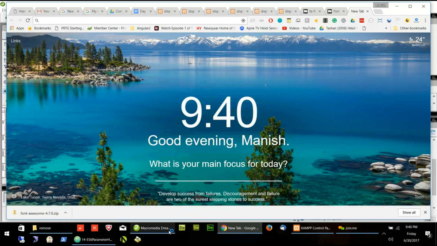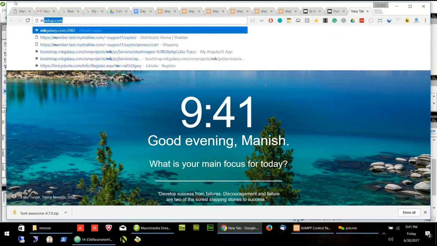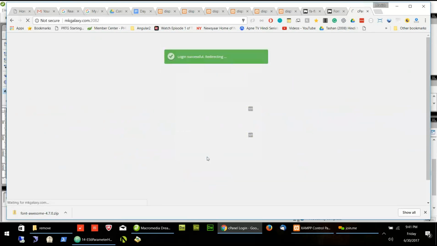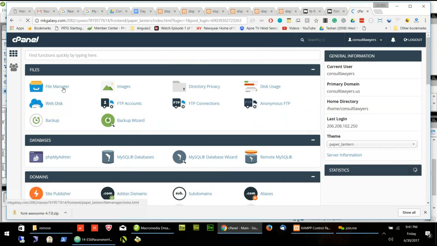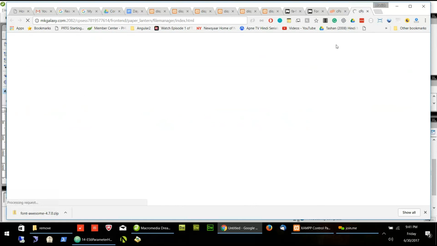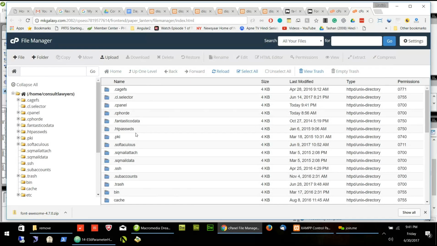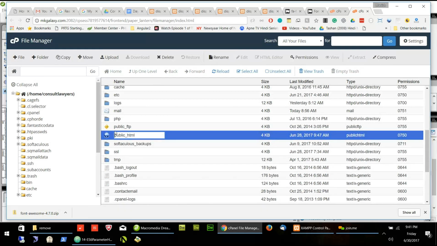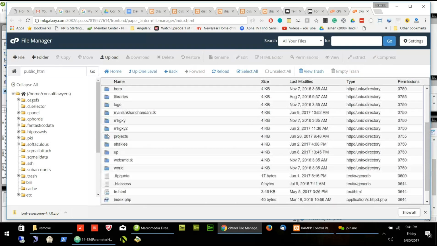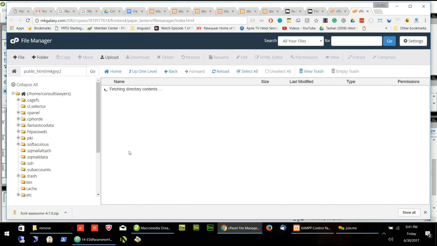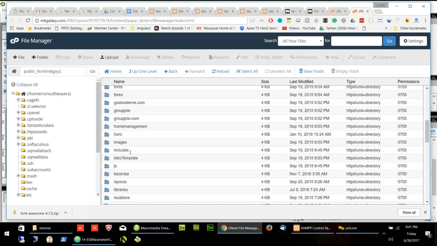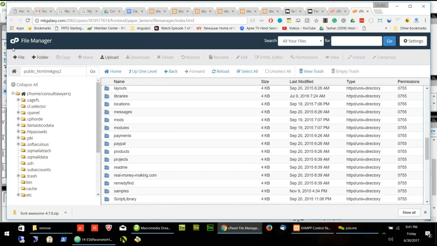Maybe let me see if I can show you where I have used it. Okay, let me find the place. I have used it very nicely in one of the projects which we can use. I'm just trying to find the place so you can see that one. This is my server. I'm going into the server to see where I kept that one. Oh, not this one.